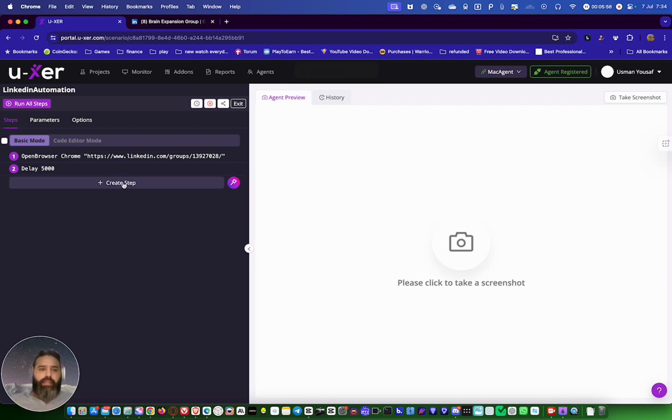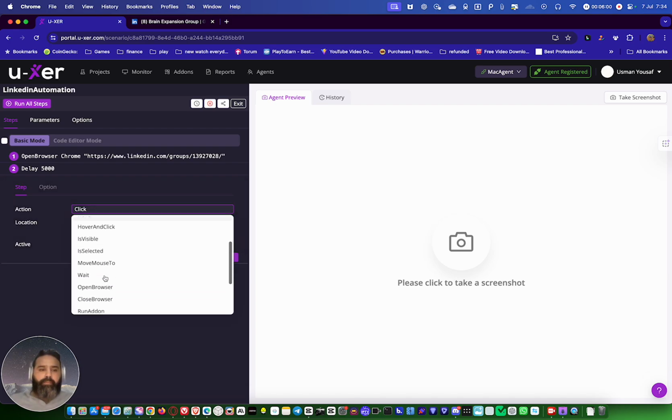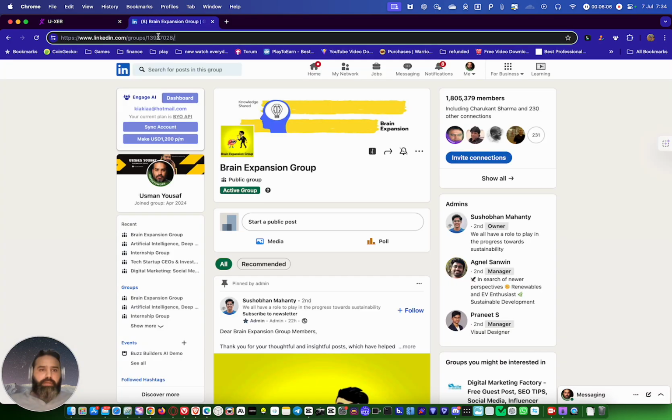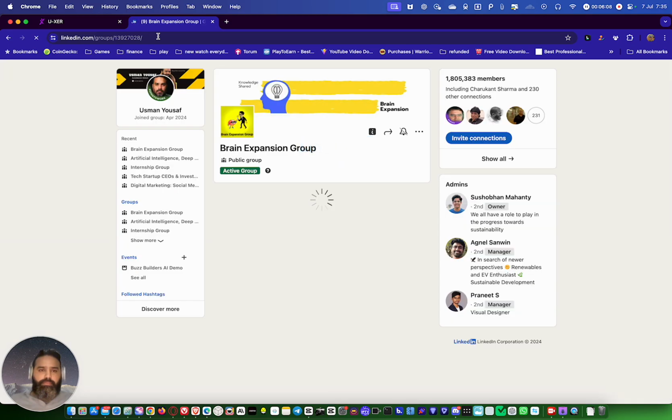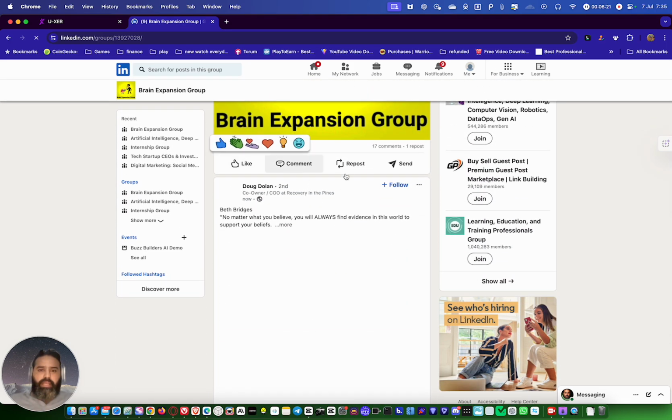Then the next step we're gonna create is that we're gonna scroll. Now why we need to scroll? Because if we open this page right now, user cannot see the like comment button here because it opens just a normal browser, so we scroll and then we can see like comments.